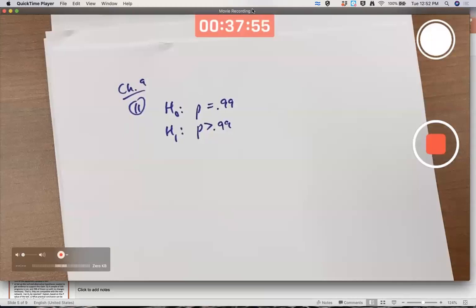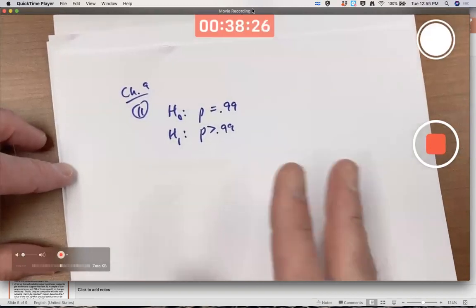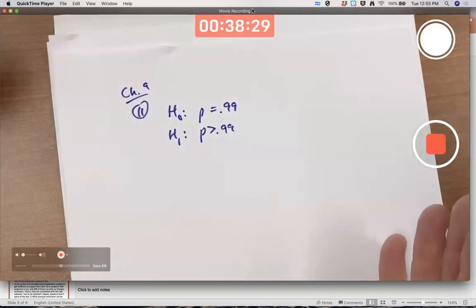But when proportions get close to 0 or 1, you might wonder whether the results really are valid because, for one thing, even though binomial distributions are approximated by normals, the approximations work best when p, the probability of success, is close to 0.5. Not so well when it's close to 0 or 1. You remember that from chapter 4. And these proportions and the count of successes are related to binomial distributions.